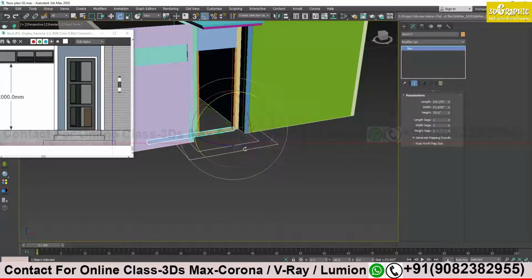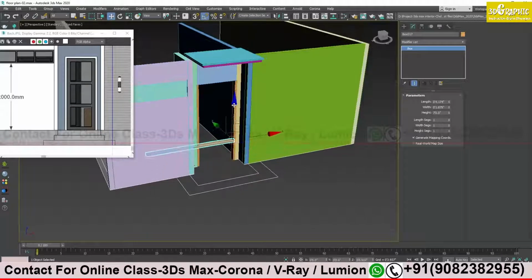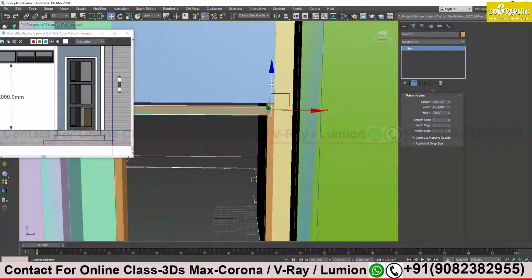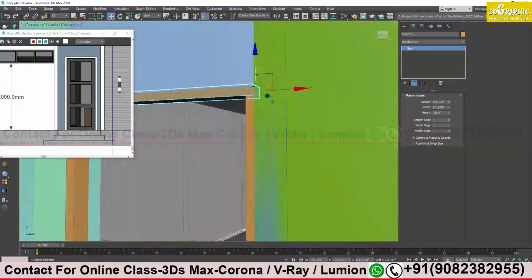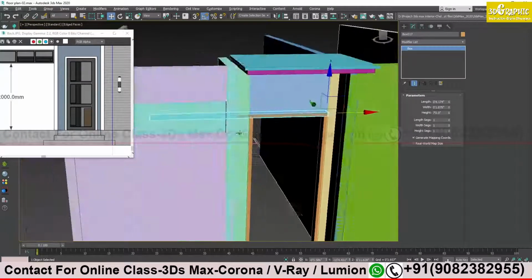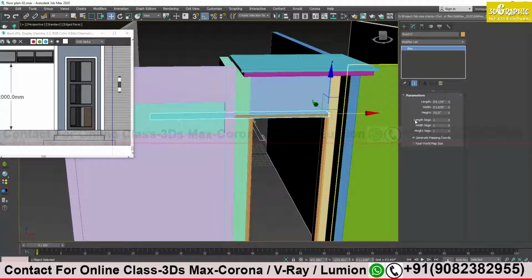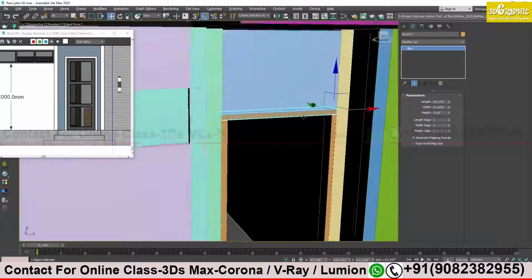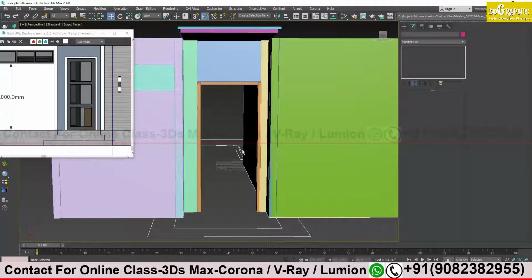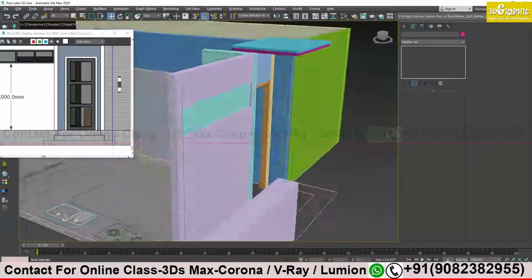Okay, copy W. I will just position it properly first. Let's see, there should not be a gap, it should be like this. The height is too much, I don't need that much height. I will reduce the height. That much is okay. See, the frame is ready right now. Clear, both of you? Yes, sir.